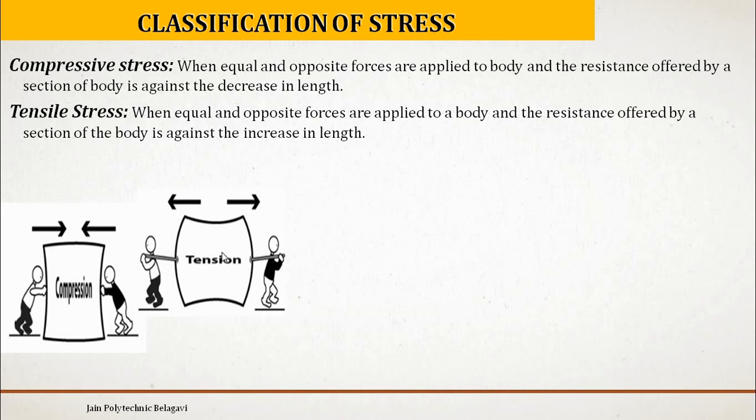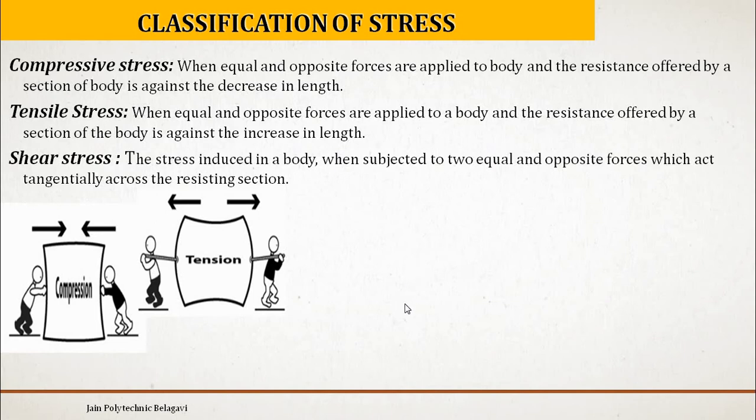An easy definition again, we will try to understand. P by A is given by stress, right? It is tensile stress now, so tensile load divided by area, right? What area? The surface where the load is applied. That particular area is taken into consideration, and the ratio of tensile load to the area is given by tensile stress. Coming now to shear stress.